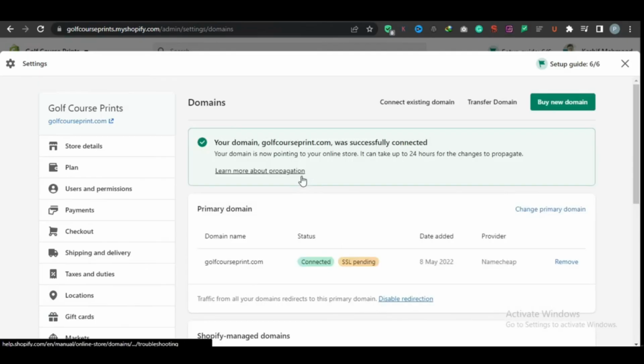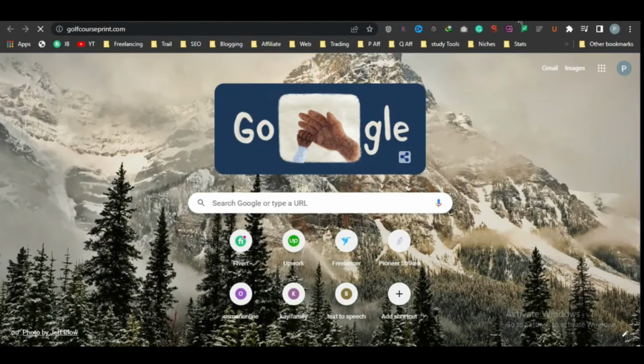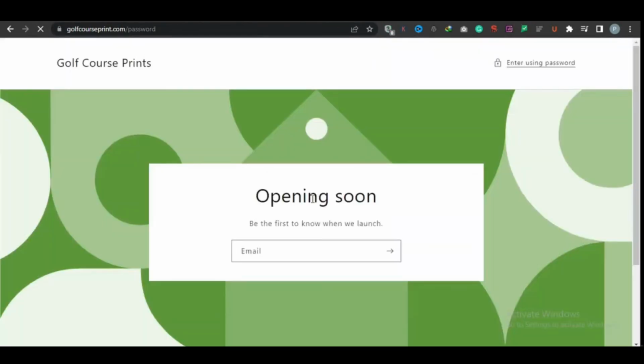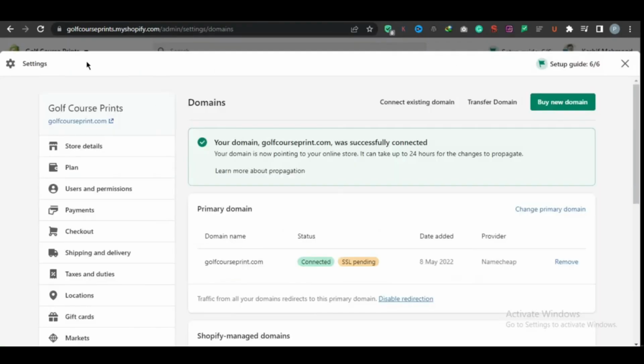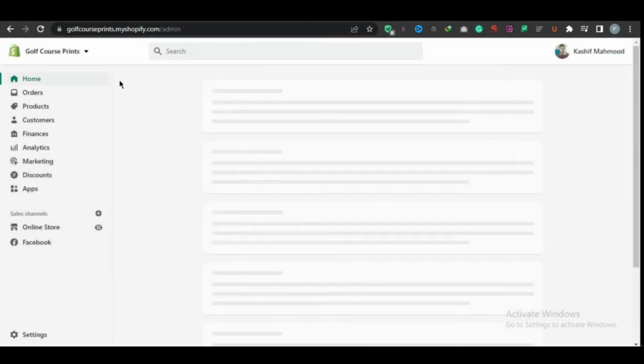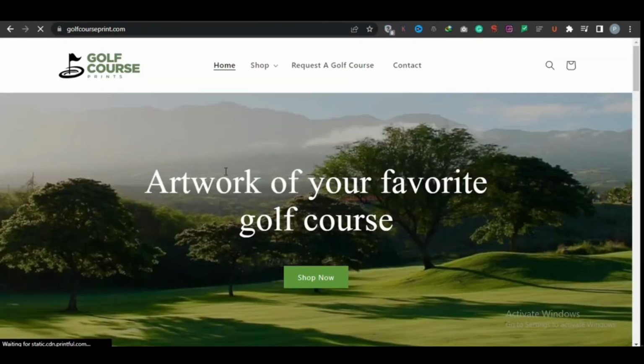Here you can see it says successfully connected and it can take some time to update globally. Maybe in your case it says that it's currently pending or something, so you just need to wait and it will be automatically added. So that's it for this